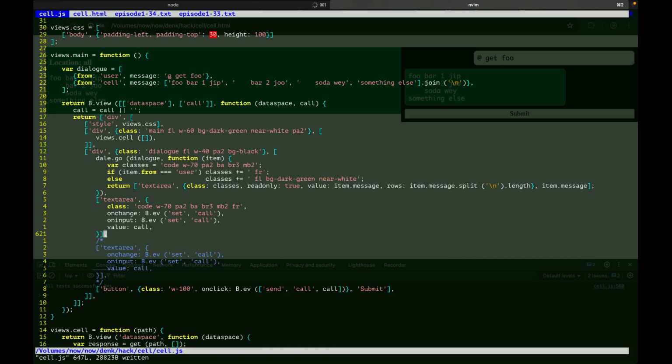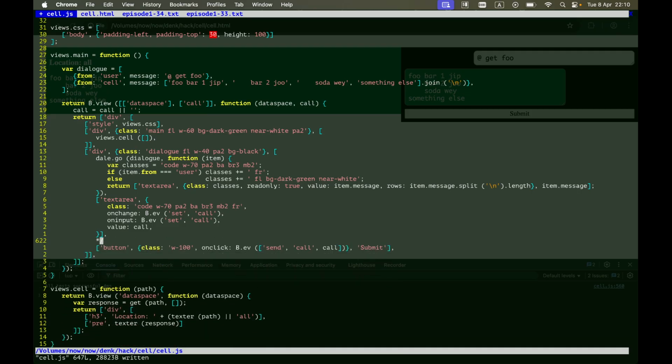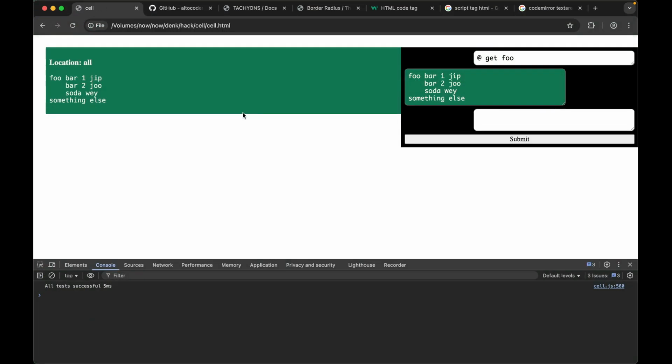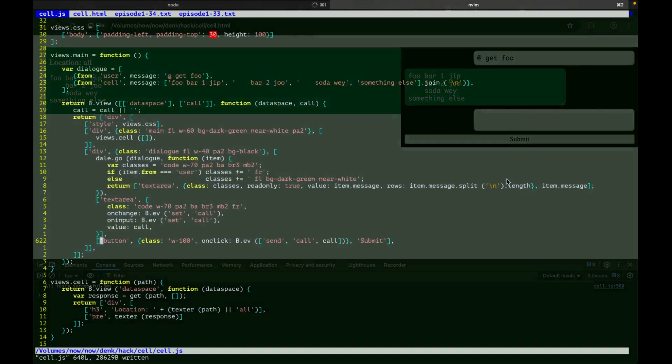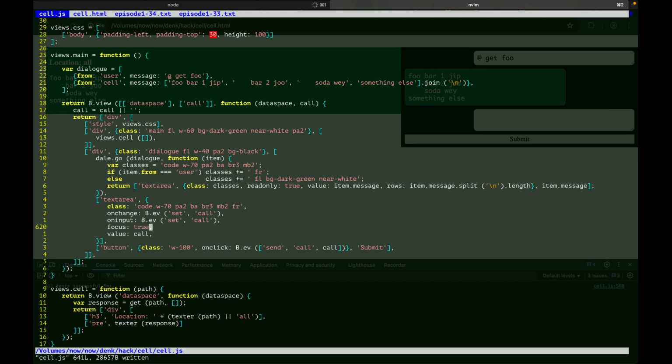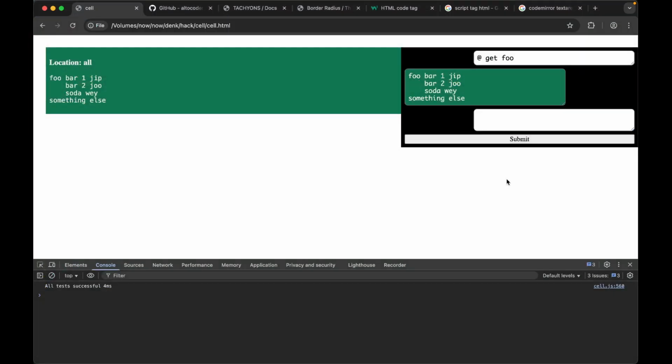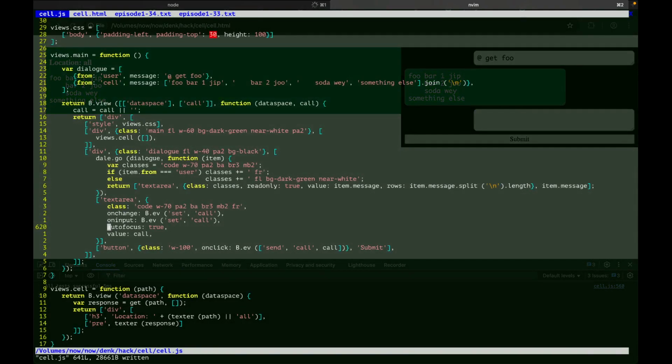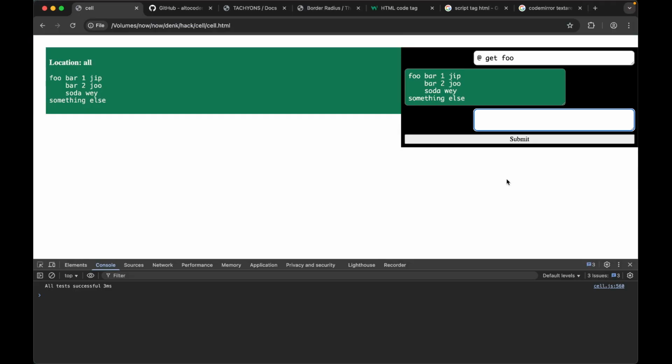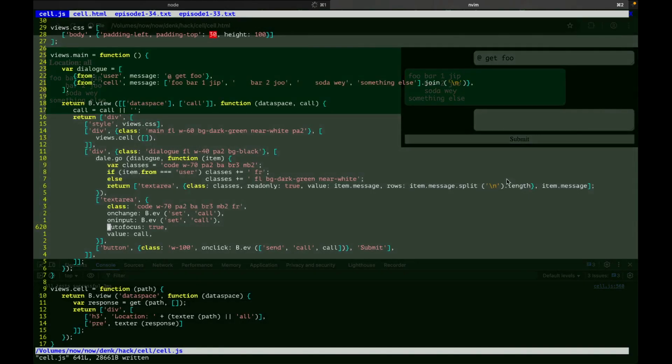Am I depending on call here? Yeah, I'm depending on dataspace and call. Yeah, boom. I'm redrawing everything and I don't care because we're in 2025. Yes. Is it out of focus? Yeah. Really, is it out of focus? Yeah, it's out of focus. Nice. And when we send a call,